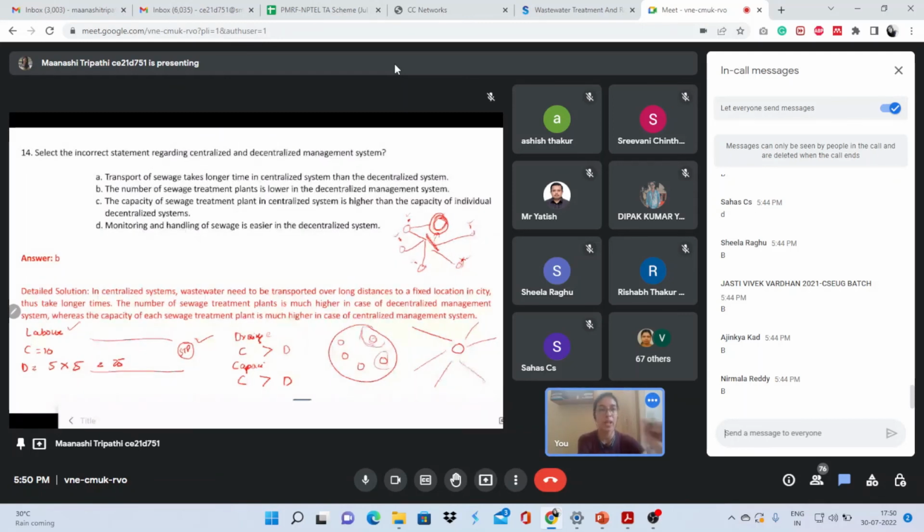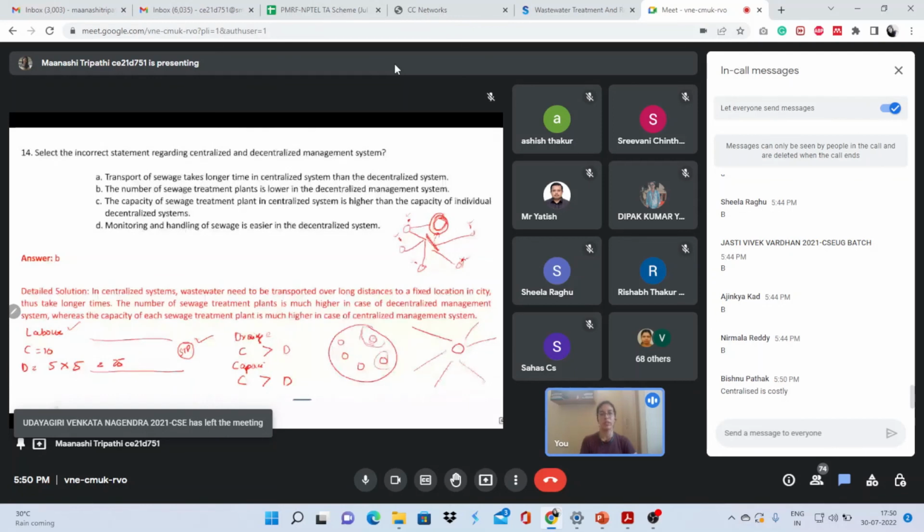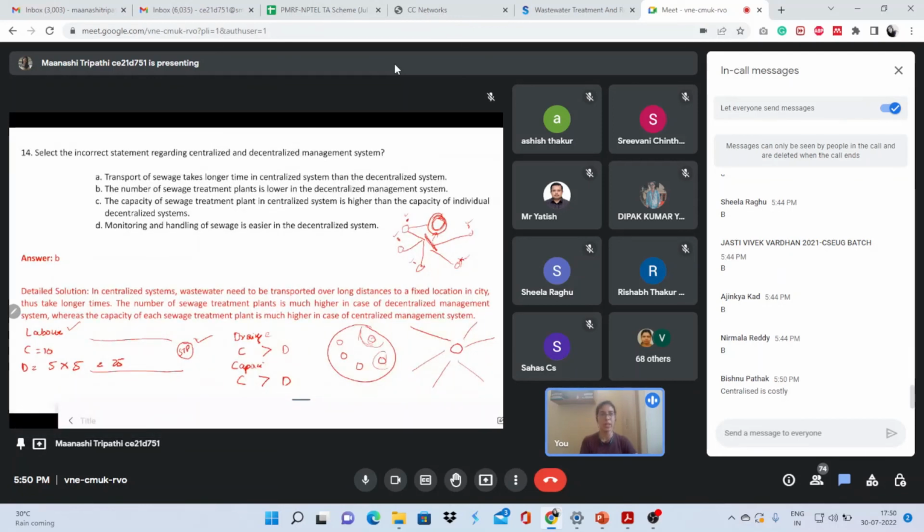Now coming towards maintenance. If any one equipment in the centralized system is faulty, the whole area will collapse. But when we talk about decentralized, only a particular area will collapse. Or maybe we can divert water from one side to another, or we can have some service reservoir where we can hold water for some time till that particular equipment gets fixed. So there are various factors which we need to know to determine this budget difference. I don't have any number for how much budget difference there is, and I hope no one has the number.